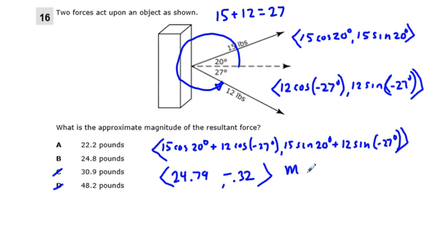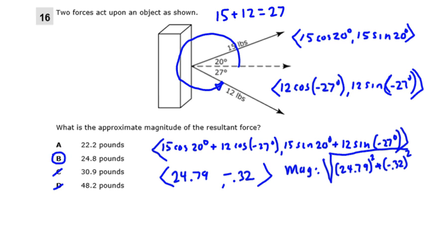And if we do our magnitude, we're going to have, just like this, 24.79. I already know what it's going to be, plus negative 0.32 squared. This negative 0.32 is going to affect this very little, so we're going to round off very much to